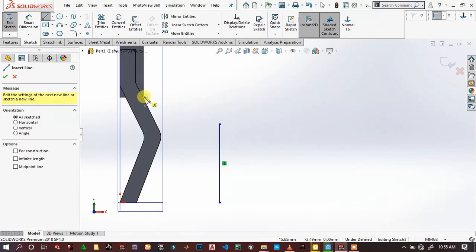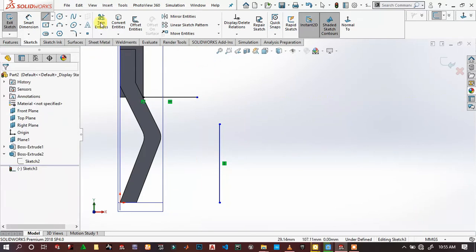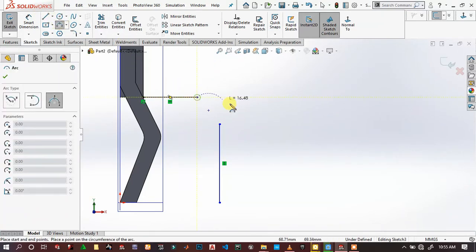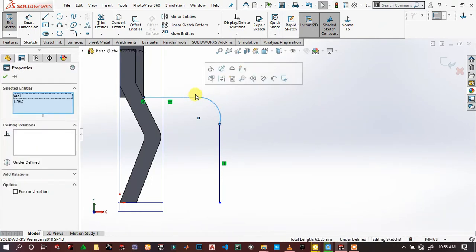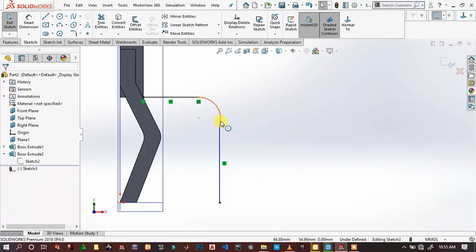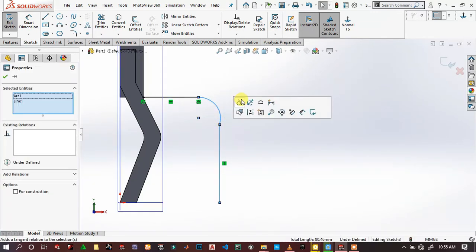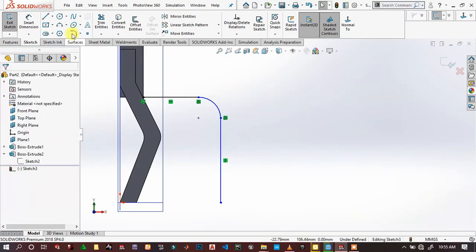Then 3-point arc, draw arc, make it tangent to this and this, make it tangent. Now this arc is smooth,